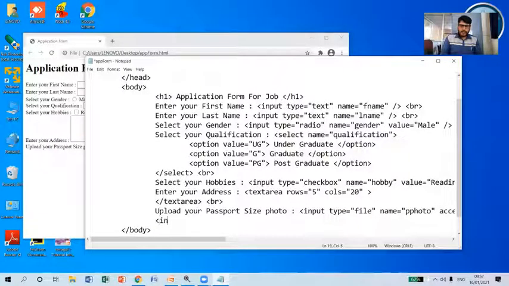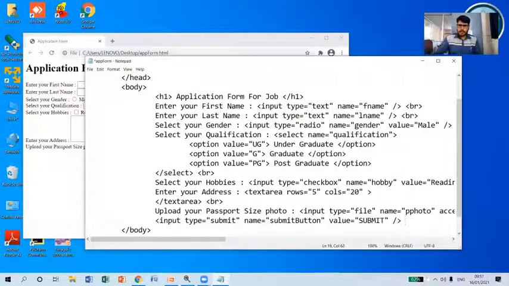So for that I will include input type is equal to submit, and I'm going to specify a name as submit button, and I'm going to specify value as SUBMIT only in uppercase.